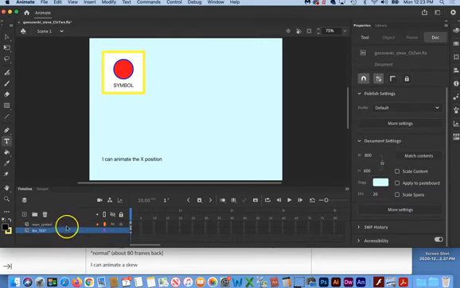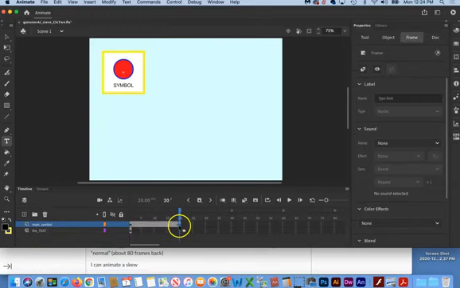And then it's just important now to pay attention to what layer we are on. So we said that this all stayed there for about a second, and then we are going to animate the X position. So if you remember basic math, coordinates, this is X going horizontally and Y this way. So an X animation just means that this is going to go from here over to here after staying there for 1 second. So we're at 20 frames per second. 1 frame later is right here. So I will click there on my main symbol layer, and I will do an